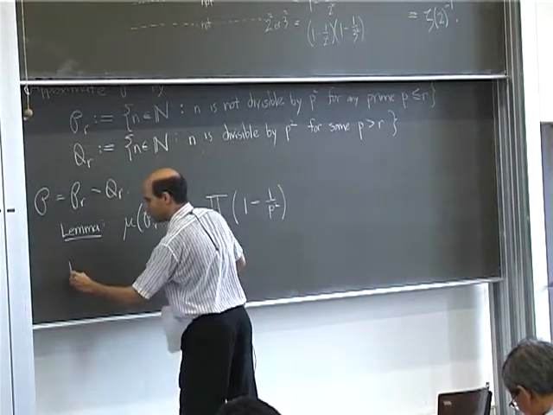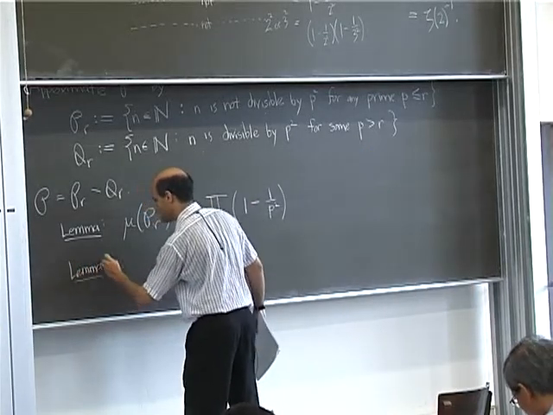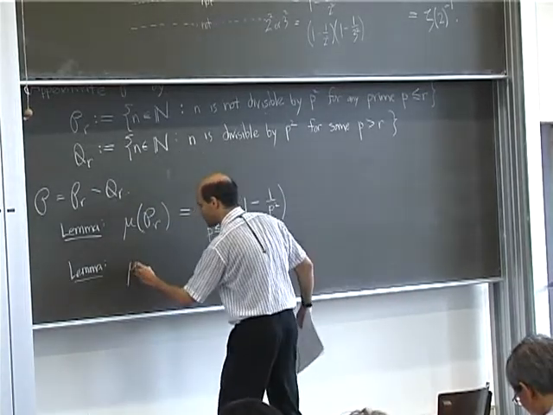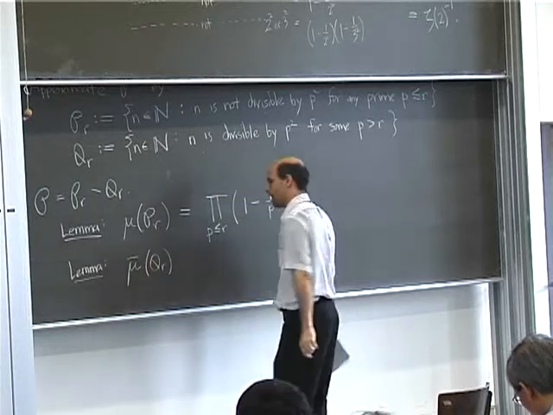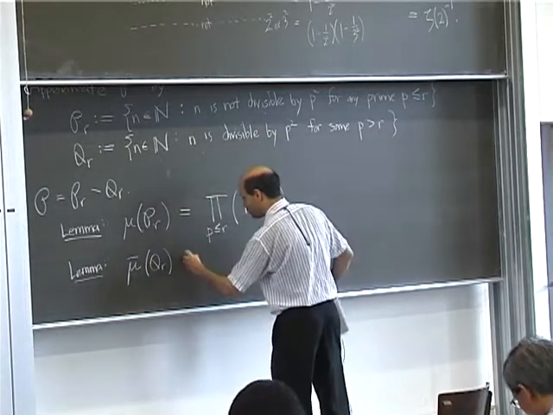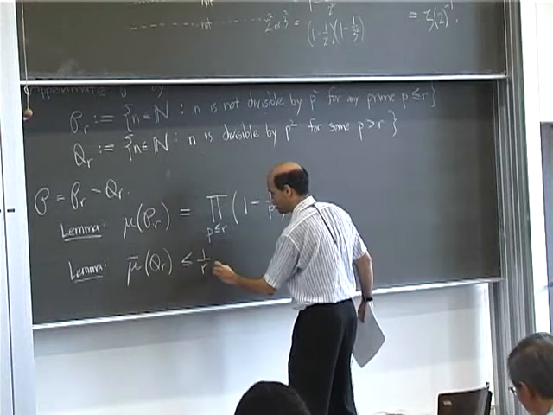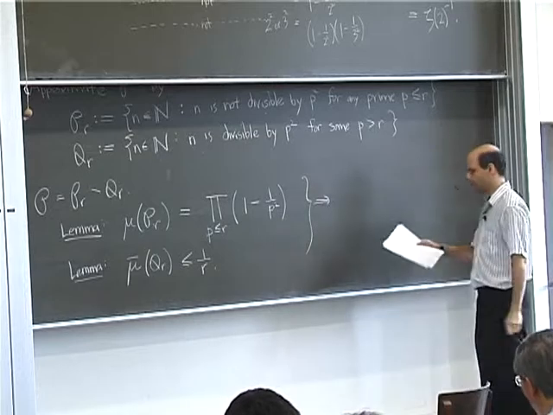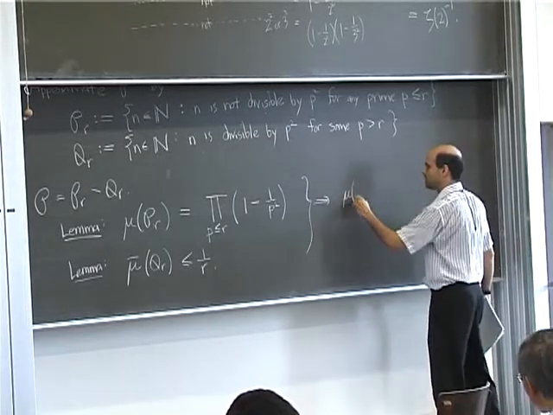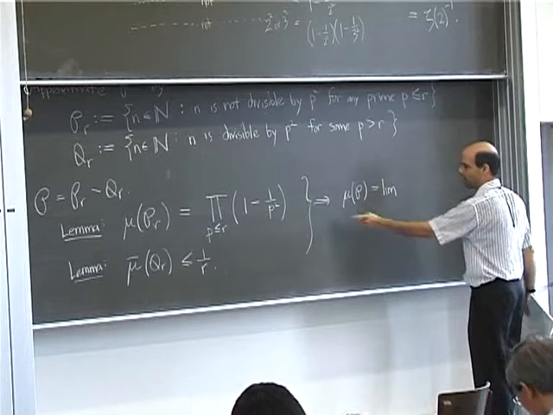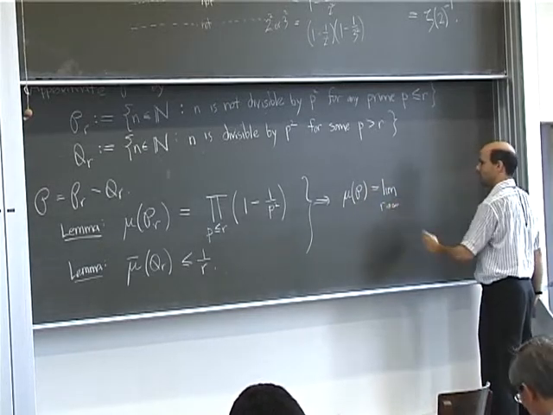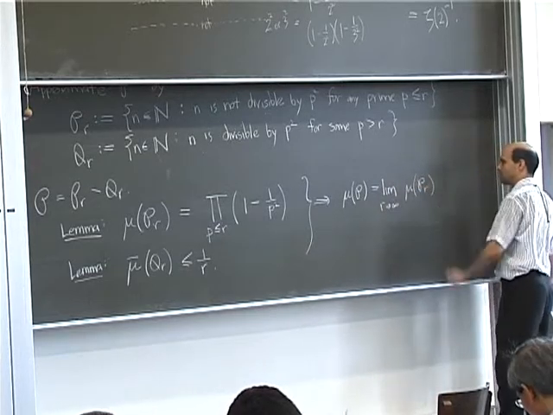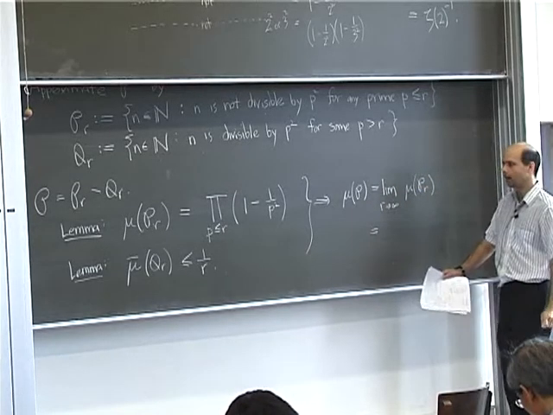And then the other part of the proof is to show that when you delete the Q_R, nothing much changes. Namely, you'd want to show that the upper density of the set Q_R is small, at least when R is large enough. In fact, what you can prove really easily, I'm not going to do it, but you can imagine that's not hard to show. And so now if you combine these two, then it'll imply that the density of P itself, if you now let R go to infinity, is equal to the limit of this density, which is the infinite product.